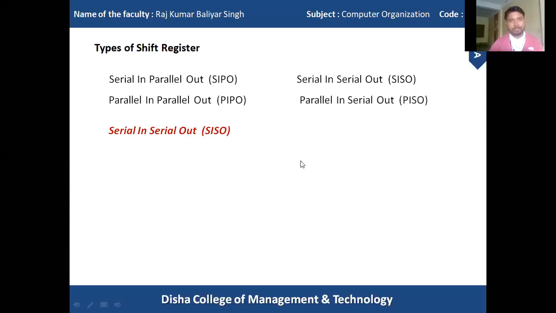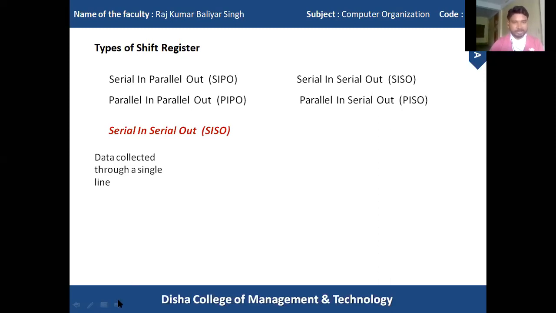We have another type of shift register, called the serial in, serial out shift register. In the previous case, in serial in, we transfer the data one bit after another with a clock cycle. In the serial in, serial out shift register, the data is collected through a single line. In the previous case the data is collected with parallel lines, where we need a multiplexer to collect all the data and transfer it back to a single line. But no such multiplexer is needed inside the serial in, serial out shift register, because the output is collected with a single line.